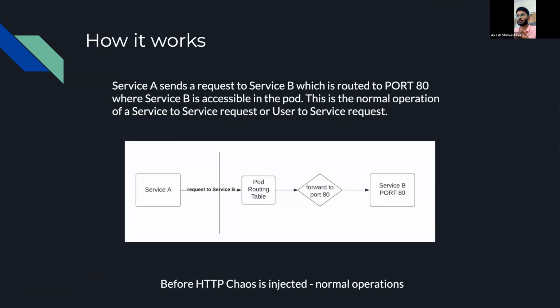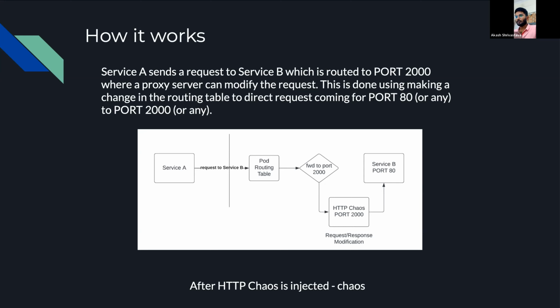So this is how the request is routed when the HTTP chaos is injected.